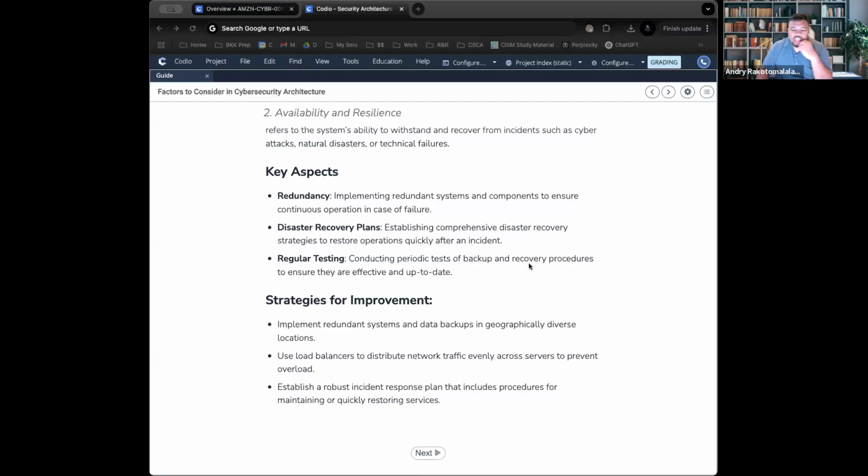Well, the test could be like a backup restoration drill. So it's typically when you pretend like an event happened and you have to restore a system or make it come back online. That's an example. There's also a failover simulation. That means if one of the servers fails, can we move all of that stuff to another server?